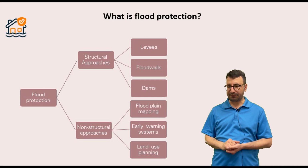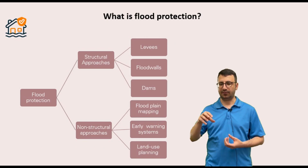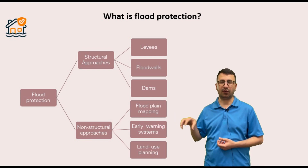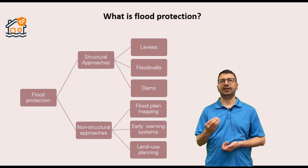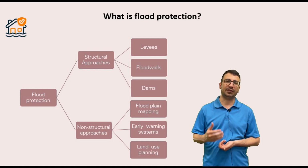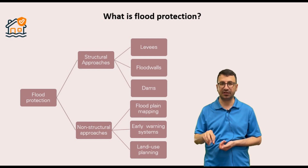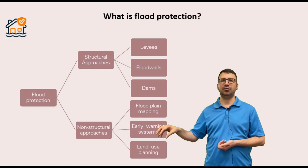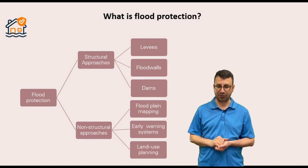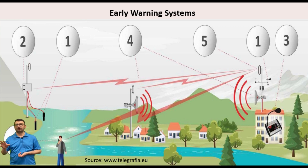In floodplain mapping, experts create maps showing areas at high risk in a given region. This kind of map is really helpful because local government can make better decisions and remedies to solve this problem. With respect to early warning systems, definitely in the corners of Cologne, you see some sensors, such